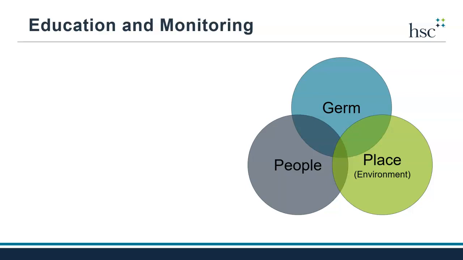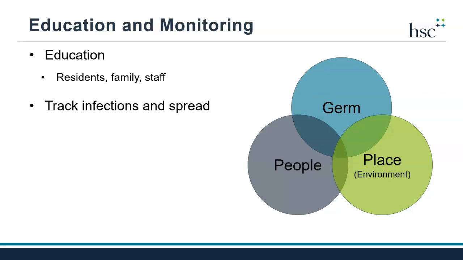But how do nursing homes target all three and keep them balanced in a way that effectively prevents infections? Well, that is why education is key. People, including residents, family members, and staff, must be educated about the prevention measures that are put in place in a nursing home. Nursing homes must then track infections and their spread in the facility. When infections and spread occur, a gap in prevention has occurred. A nursing home must find out why and fix any gaps to continue to provide a safe place for residents.